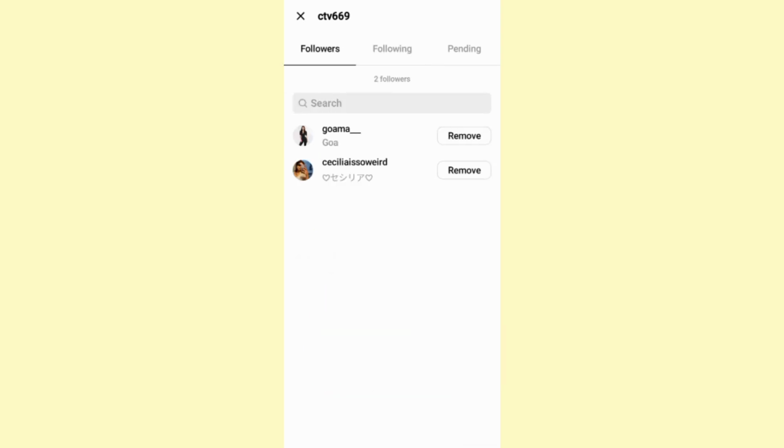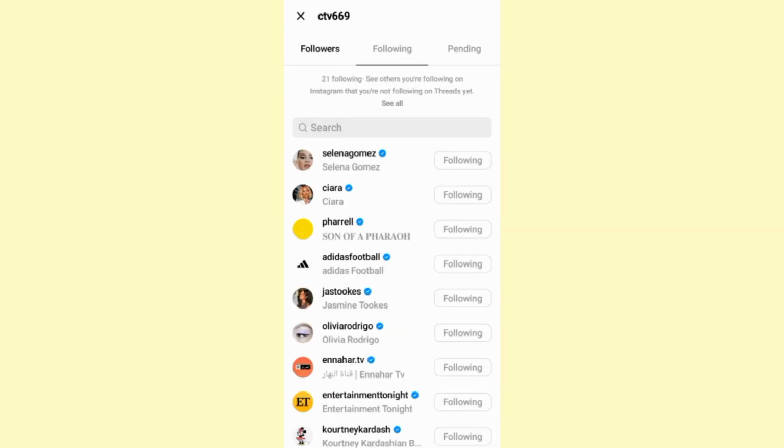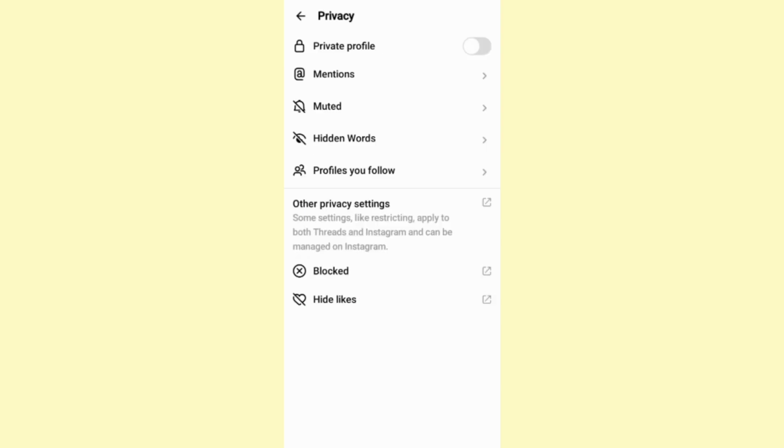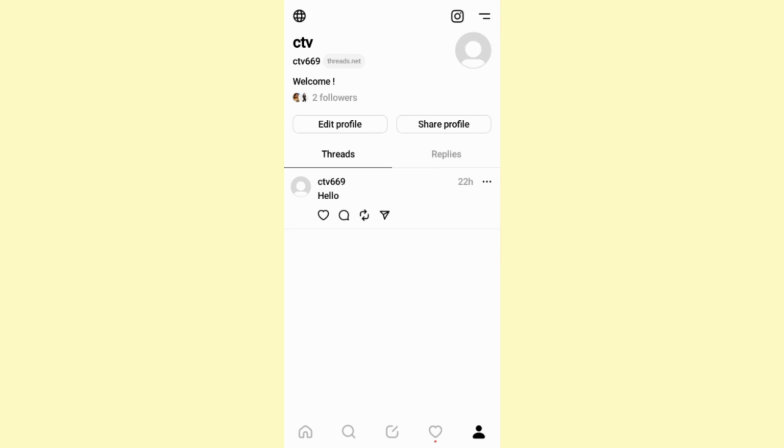Now, as you can see right here on this followers and following section, we do not have the option to hide either one of them specifically. Now, as of right now, the only way to hide your followers and following list on the Threads app is to private your account. And you can do this by simply, from this profile page right here, click on the